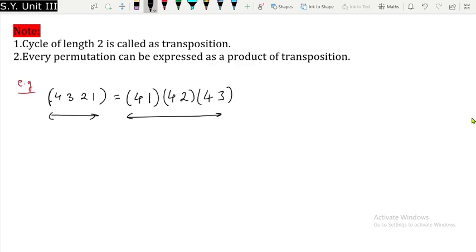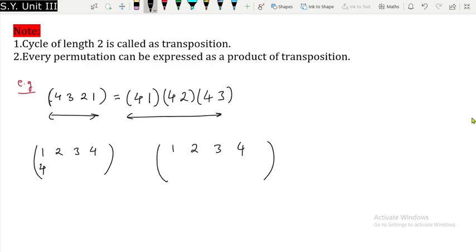How to verify it? Chalo, we will write it in our usual permutation form, right? Then you'll understand. I'll write 1 2 3 4, and same way on the right hand side also, 1 2 3 4. So 1 is mapping to 4 over here, so I will write 1 is mapping to 4, isn't it?